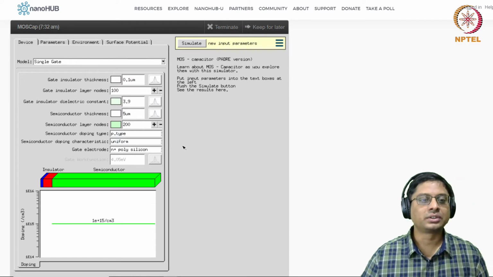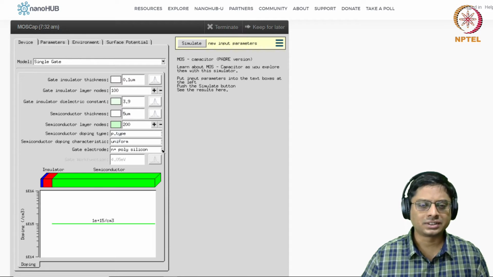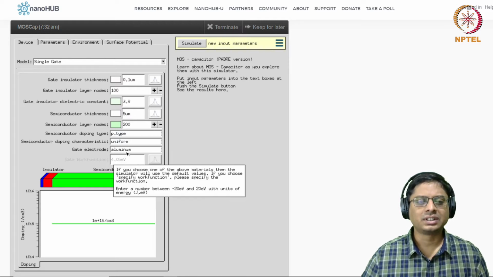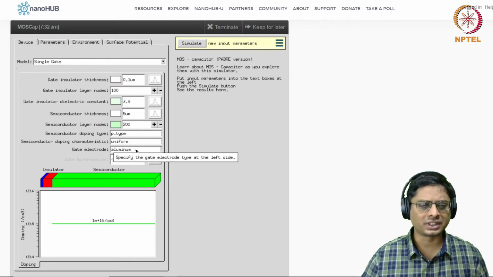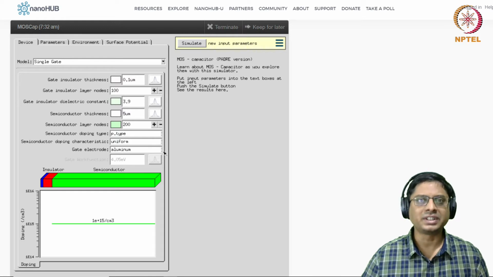All right. And for the gate electrode, we will choose aluminum for now. Default was, I think, N plus poly, but we will talk about this next week. For now, we will choose the gate electrode to be aluminum.